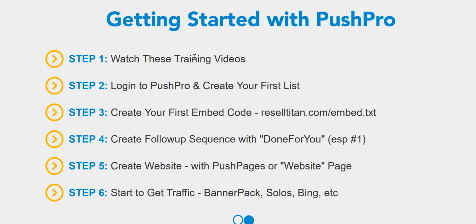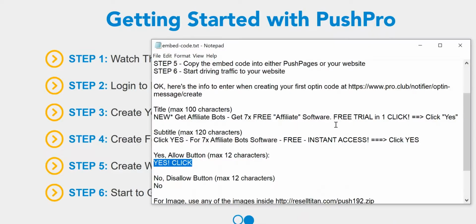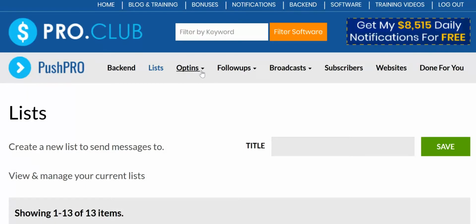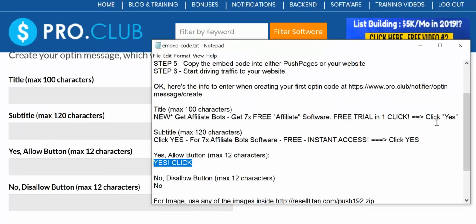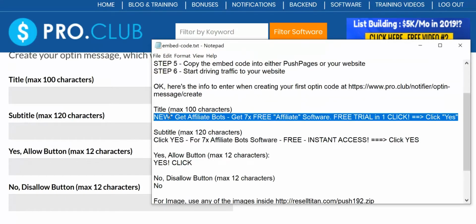Next, you will want to create your first embed code, and the easiest way to do this is by using the template that I provided for you that you can access at reselletitan.com/embed.txt, and that will essentially look like this. And so all you need to do is to go over to Push Pro, click on opt-ins, create new opt-in, and then open up this file here, copy the title,